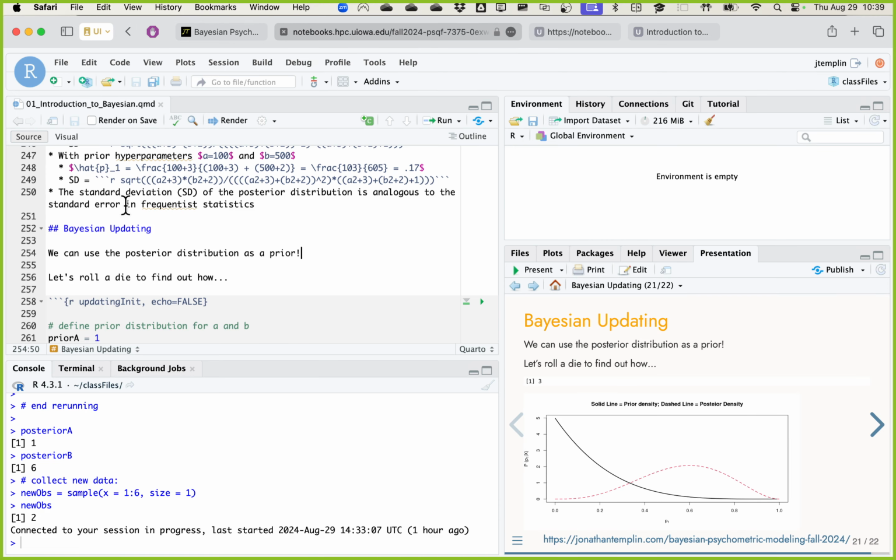The standard deviation is analogous to the standard error in frequentist statistics. That's really what I wanted to say here. So when you get a frequentist statistic and you look at its standard error, where does that come from? It comes from asymptotic theory, ML statistic, right? So in each of the parameters in maximum likelihood, you run a linear model again. Take the LM function in R. You get coefficients and standard errors. Like, Jonathan, I got standard errors. I've got uncertainty. Why do I need Bayes?